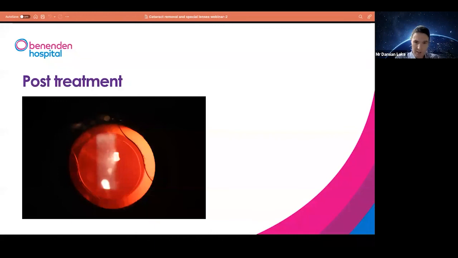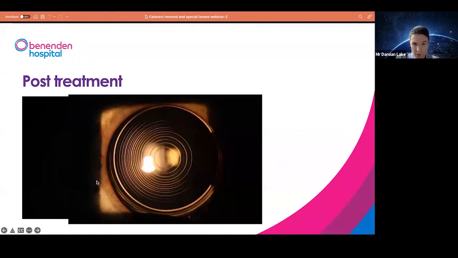This is what we see when we're looking down the slit lamp. This is called a retroillumination photograph. The light enters the eye, bounces off the retina and comes back and enters the camera. You can see that this is the edge of the lens here. This is the dilated pupil. And you can see the faint circles on the lens, which indicate that this is a multifocal lens. But it's nicely centered and no issues at all there.